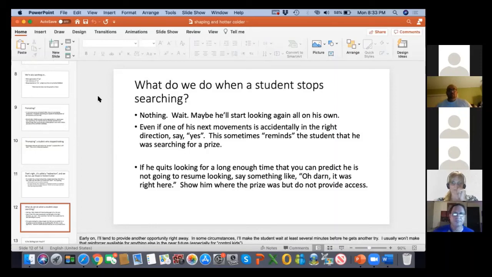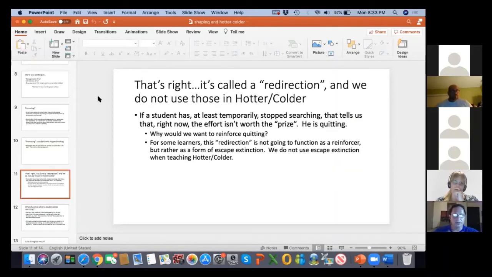Question. Yes. Okay. Back to slide number 11. You were just saying, if you can go back there, that we don't reinforce quitting. But you made a good point. We wouldn't necessarily look at it as quitting, but wouldn't we look at it as the motivation's not there for them to continue to engage in what it is you want them to engage in? Wouldn't we look at it that way as opposed to, oh, they're just quitting?